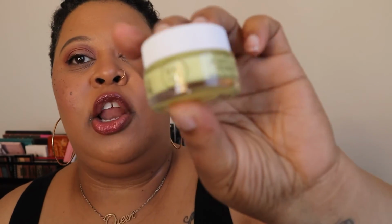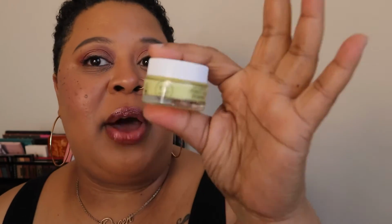Lastly on my skincare list is this Glow Dream Mask from Youth to the People. Let me explain why this is so small. I had the big bottle in my cart at Sephora because it's the Sephora sale, and I was like, I'm going for it. But I had enough points, and this was one of the 100-point items. So I was like, I'm going to try this Dream